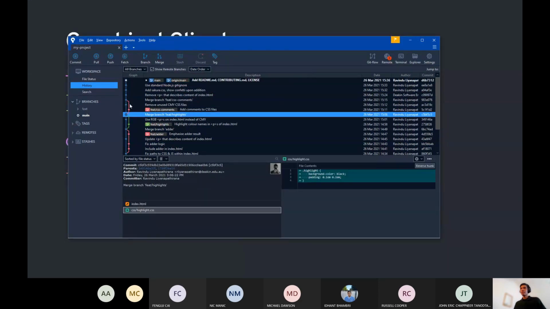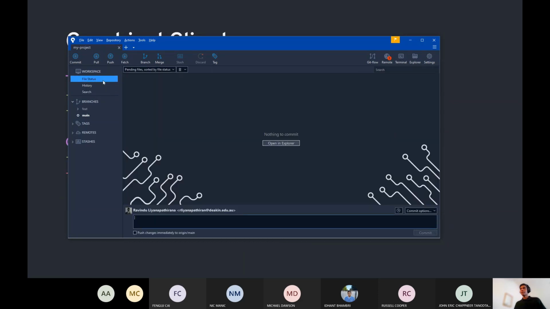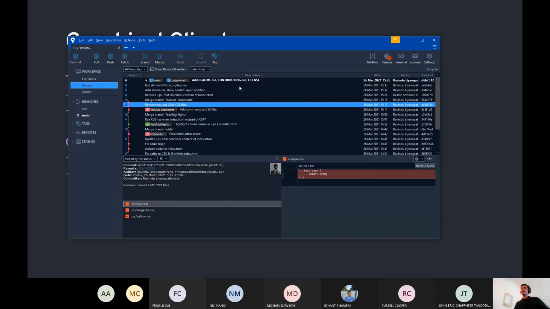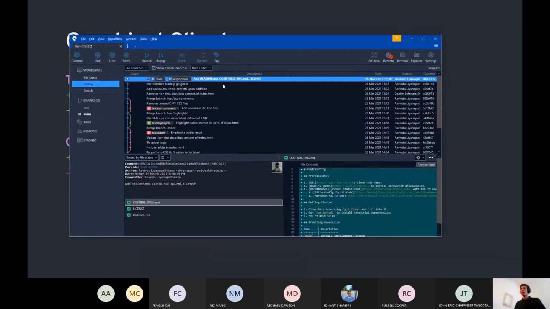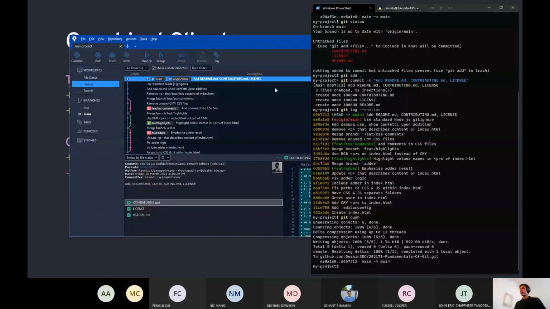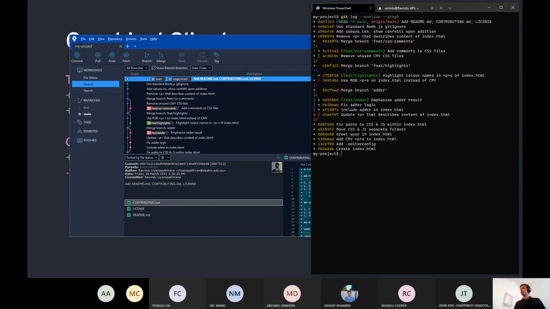It offers visualization of the branch as well, and a bunch of convenience features that make committing a bit easier. So you might want to consider using this as well, or alternatively, instead of the terminal. By the way, if you want to view the Git graph with the terminal, you could do git log --oneline --graph, and that will show you basically the same commit graph that you see over here.